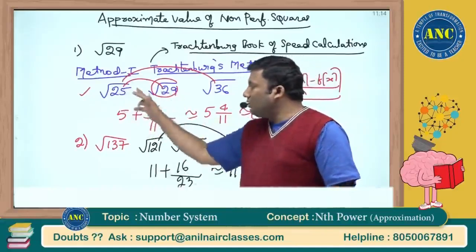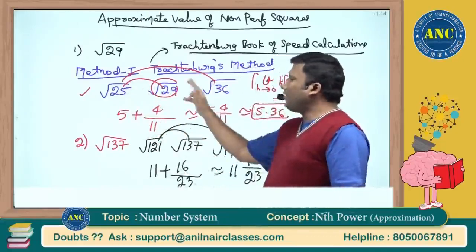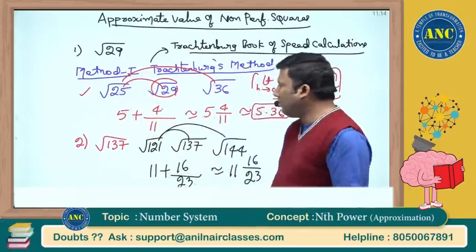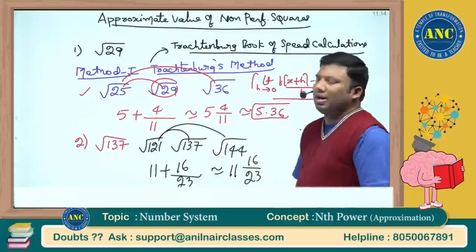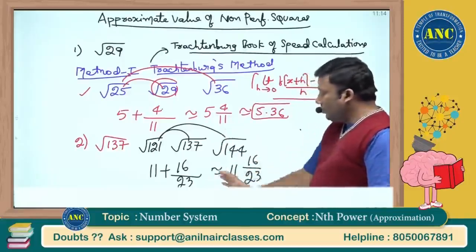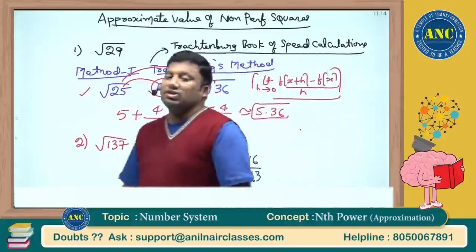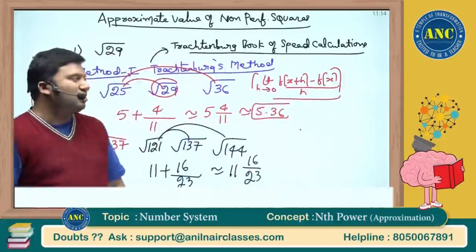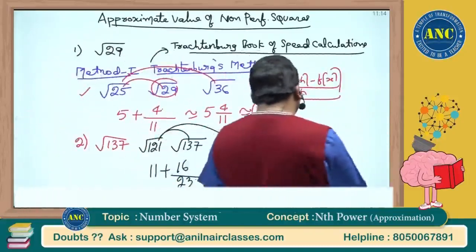5 plus 29, 25. Difference is 4. 36, 25. Difference is 11. So the answer is approximately 5 4 by 11. This is nothing but 5 16 by 23. I hope this method is clear, but my entire attention